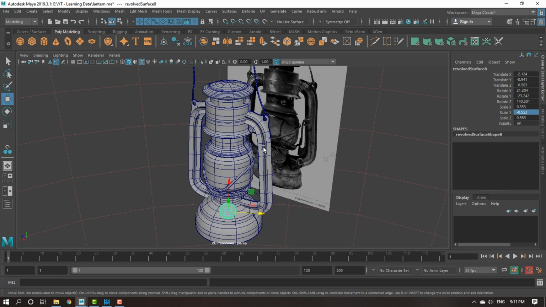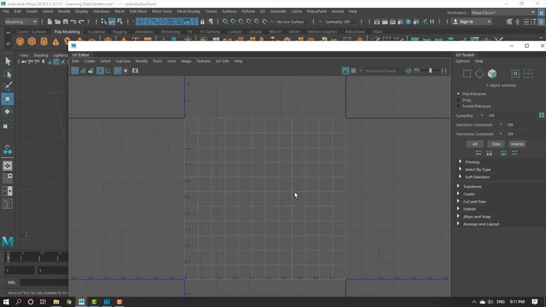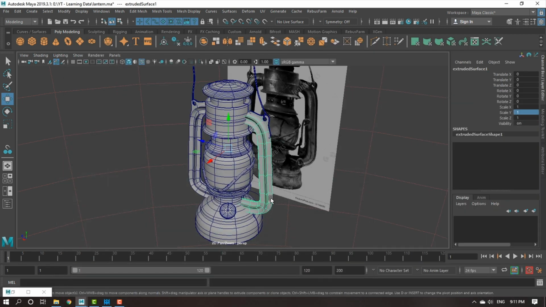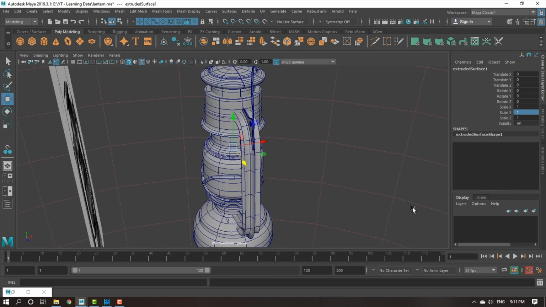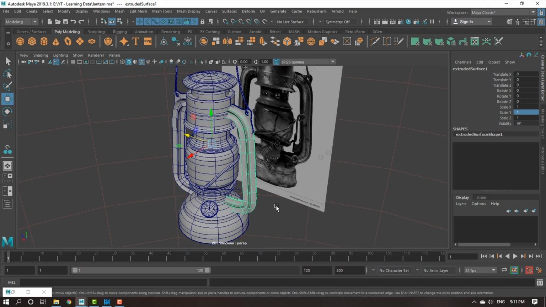What happens basically, if you select a NURBS object and go to the UV editor, what you see is empty. See, I have a great template, something like this. That means you don't have UVs on your NURBS object. That means you cannot paint it on the UV. That is the main reason why we convert a NURBS object into a polygon object. The advantage of NURBS is we can do quick modeling, and once the modeling is done, on a single click we can convert the entire model to polygon. So let us do that thing.